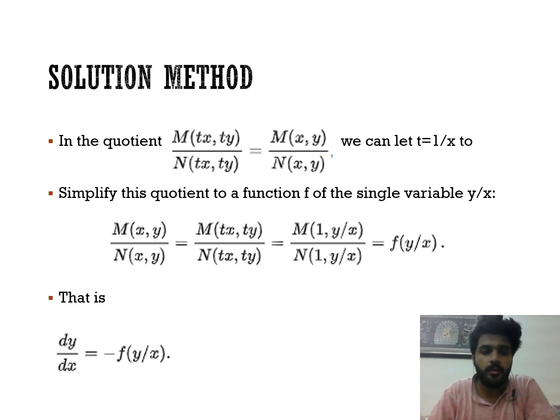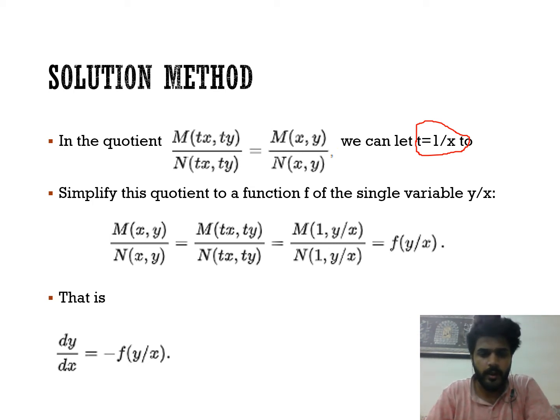We can see in this case that we have the quotient term M of dx, dy over N of dx, dy, which equals the original equation M of x y over N of x y. We can let t equal 1 over x. We would simply substitute this t value into this original equation to simplify this quotient to a function f of the variable y over x. Simply to obtain this y over x term, we would substitute the t equals 1 over x value in this equation,